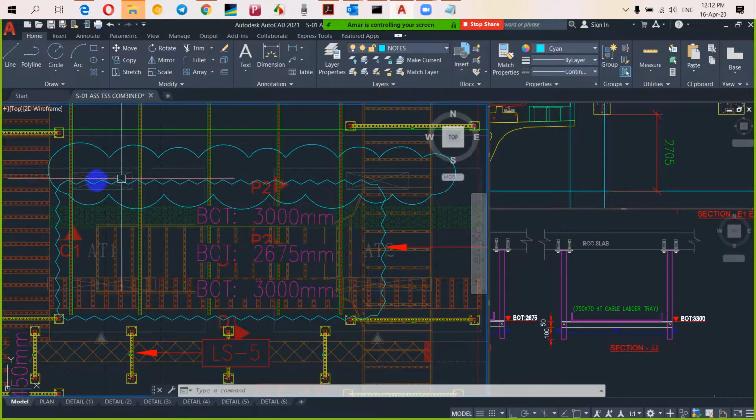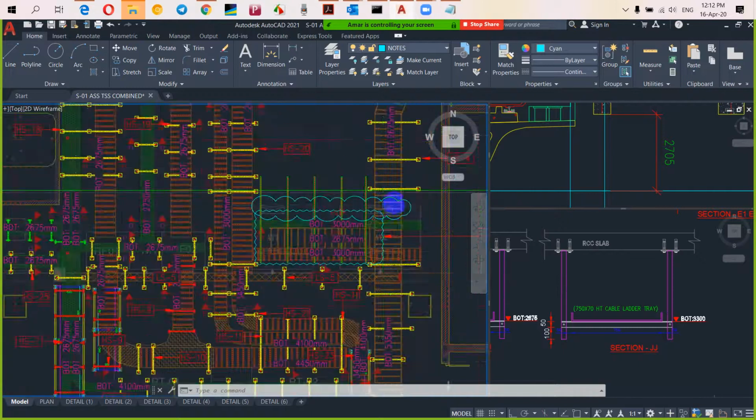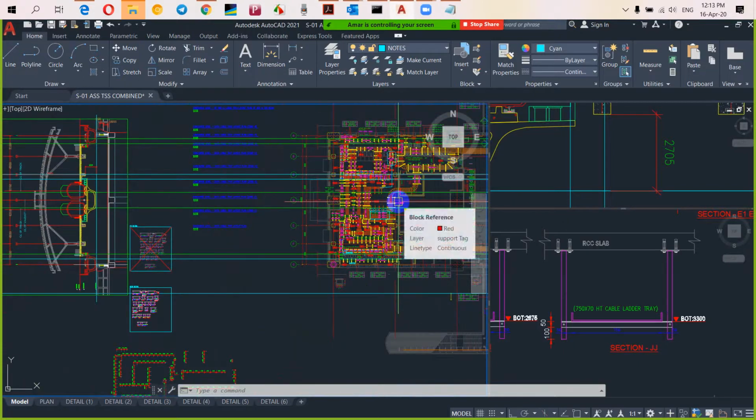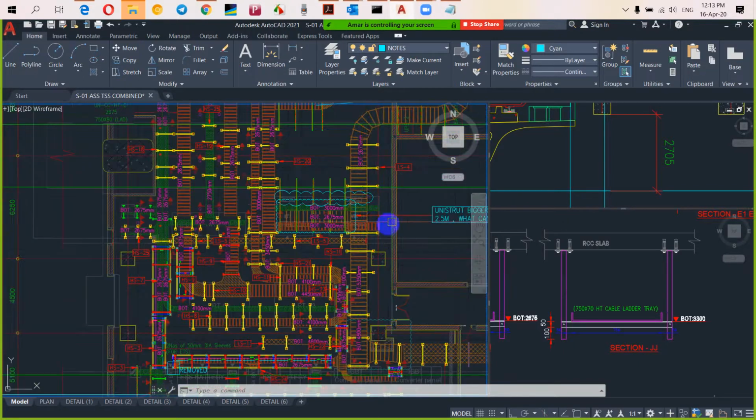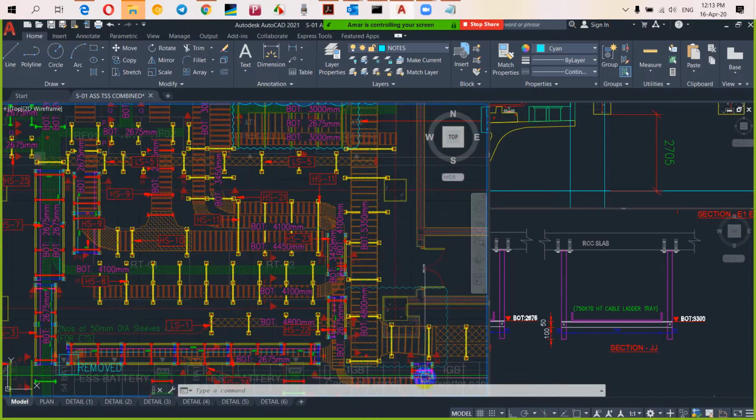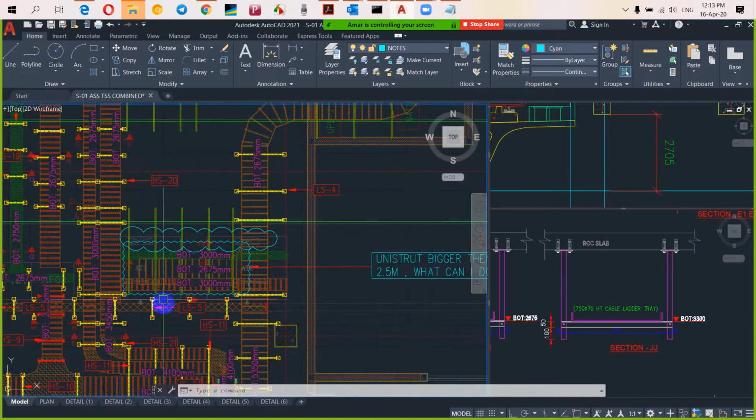Yes, exactly, because this is the LT panel. This is the LT cable cutout for you. So you have to shift your tray to here. Yes, that I will do. So there is no question of one upon another, right? No problem. We will move our tray to that side. Okay, you do.